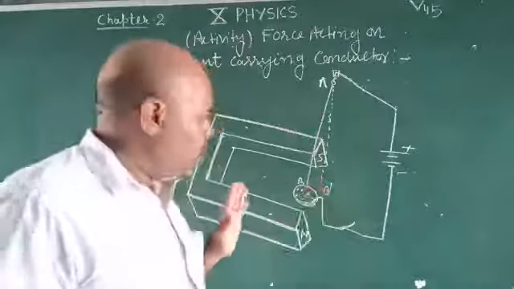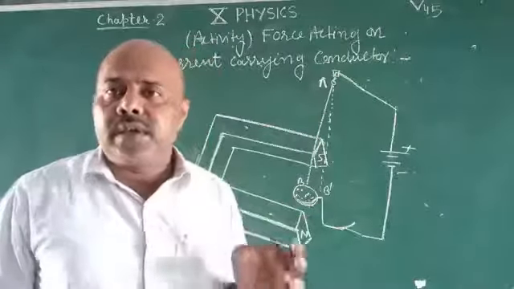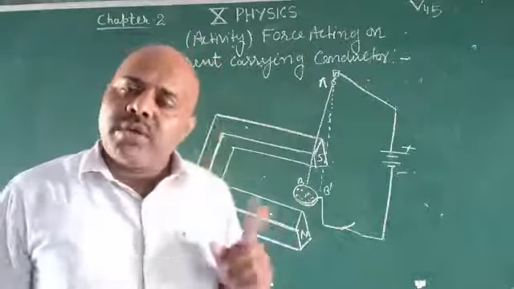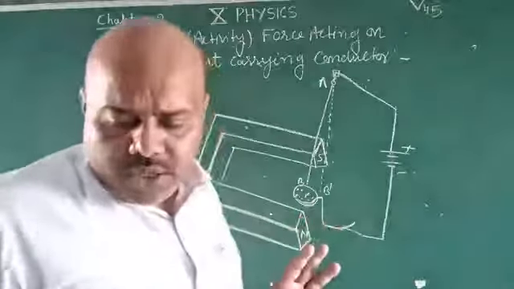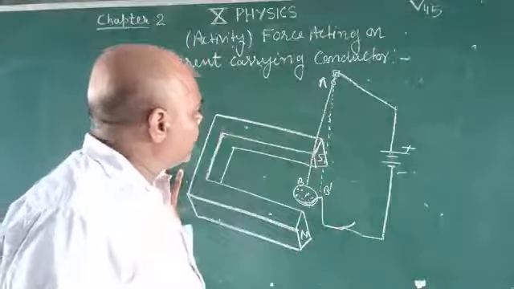So the direction of force we can find with the help of Fleming's left hand rule, not by Fleming's right hand rule. By Fleming's right hand rule we can find the direction of induced current. Dear student, here we can write the force experienced by this current carrying conductor when it is placed between the strong field magnet,